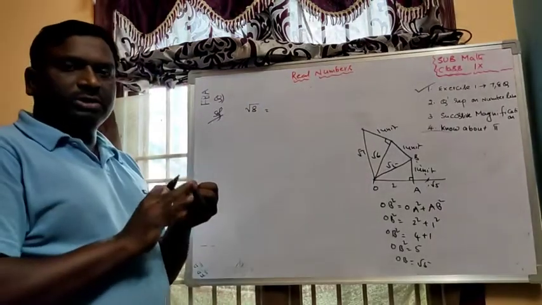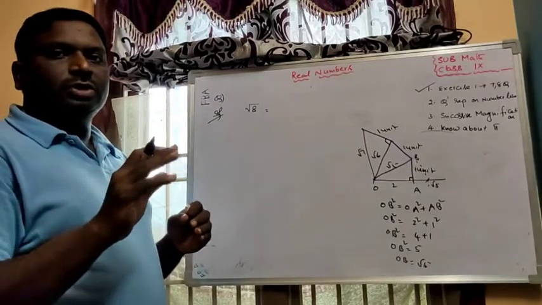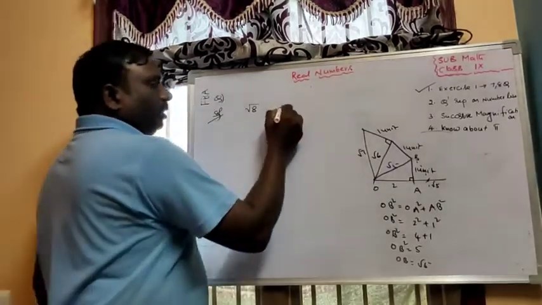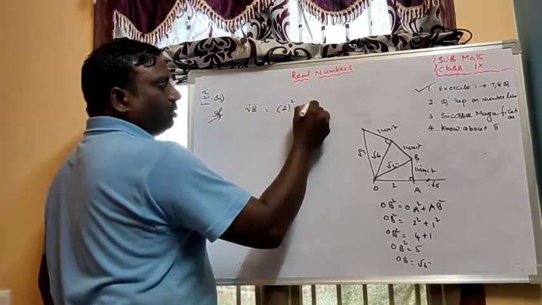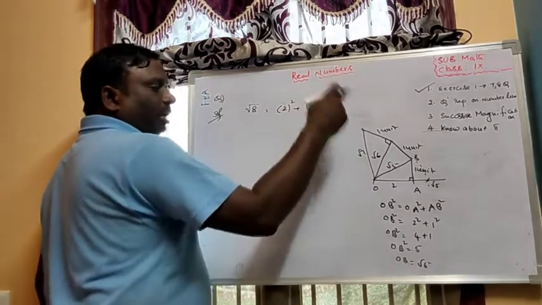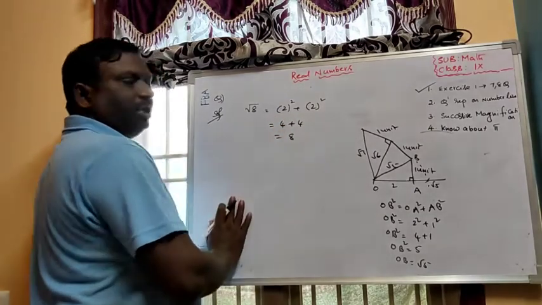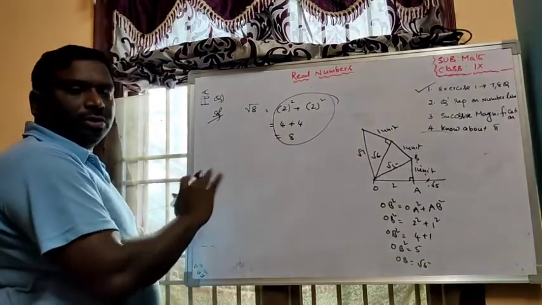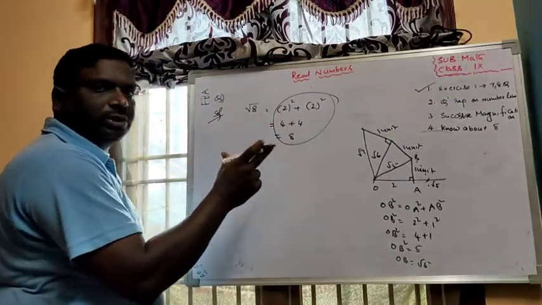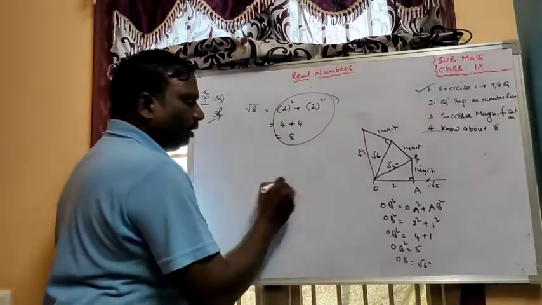The sum of these squares of two numbers: 2 square plus 2 square is 4 plus 4, which is 8. Then on the number line take 2 units, whole square, plus 2 units, whole square, on the perpendicular line. Definitely you will get 4 plus 4, 8. Based on this only you have to choose how many units we have to choose on the number line and as a perpendicular line.